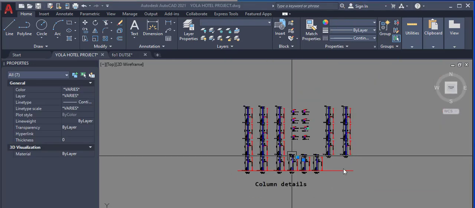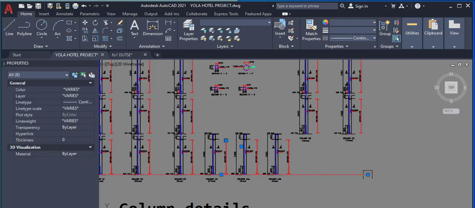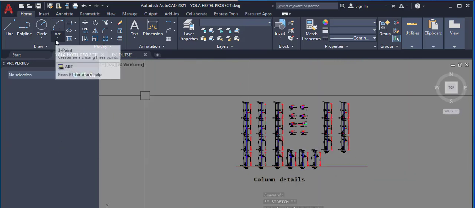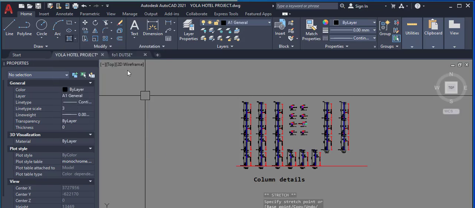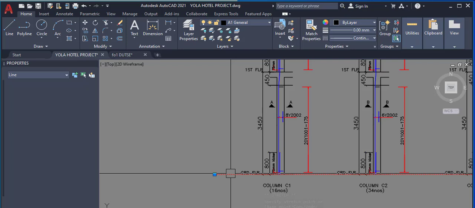Different people have different ways of detailing columns, but this is how I prefer to detail my columns. So if you are having, this is now the ground floor,